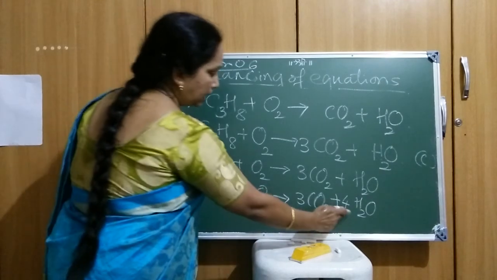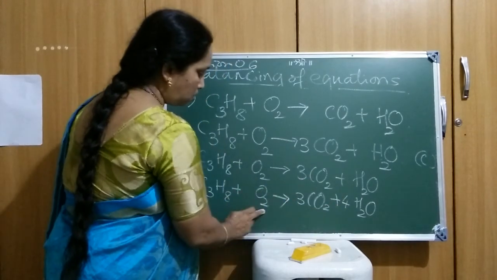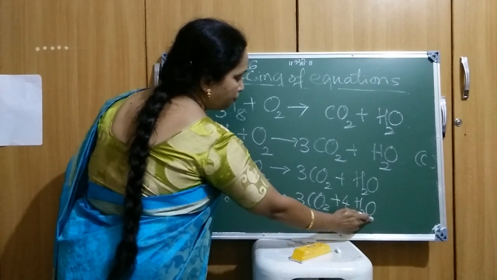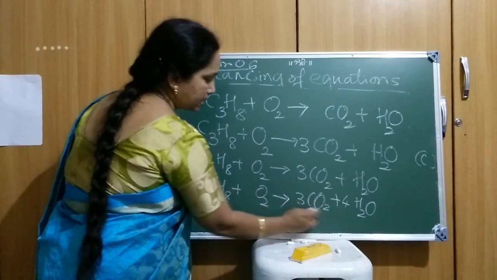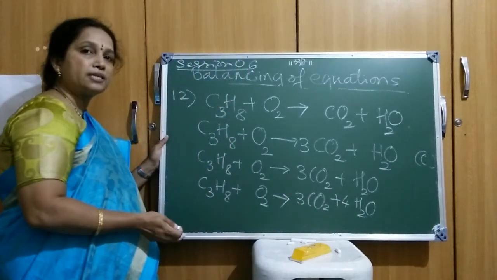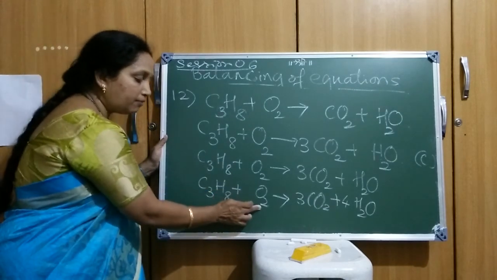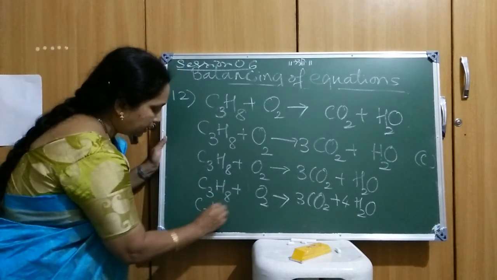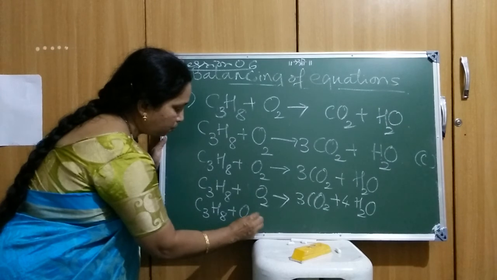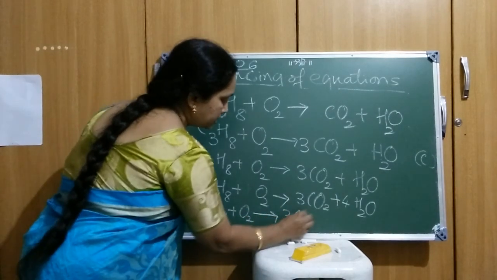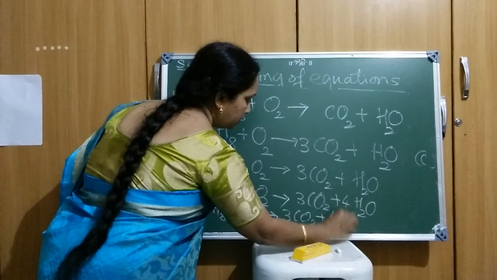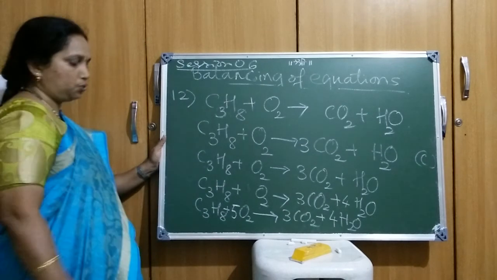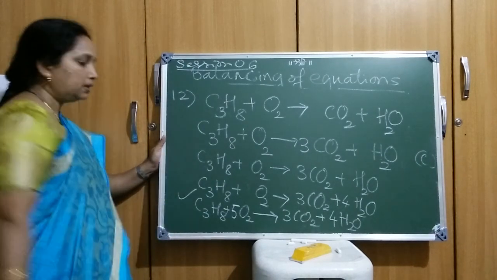Carbon is balanced and hydrogen is balanced, right? What is left out now? Oxygen is left out. O2 is there, here 3 2s are 6, and it is a 4 over here. Yes, 3 2s are 6 plus 4, so 6 plus 4 is 10. To make it 10, already on the left hand side you have a 2, so multiply it with 5. So the next step I'll write down C3H8 plus O2 gives 3 CO2 plus 4 H2O. So I have to write over here the 5, 5 O2. So this is the required balanced equation.